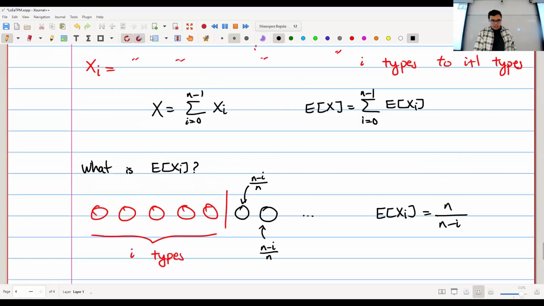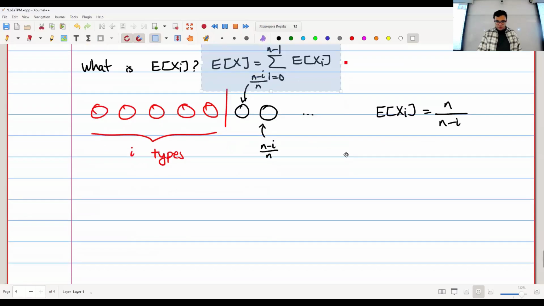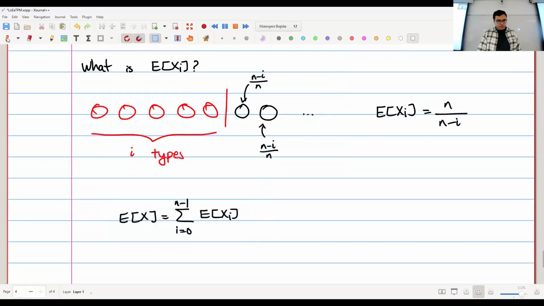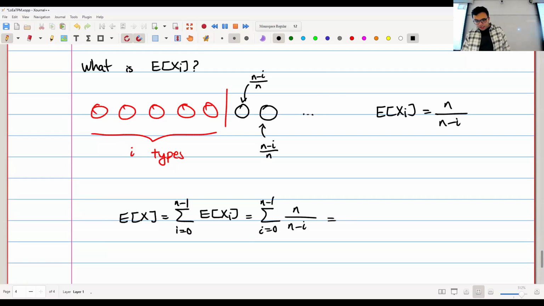Great. But then let's just put all of these together. The expected value of x was the sum of the expected values of xi's, which is just the sum of i from 0 to n minus 1 of n over n minus i. Okay, can I simplify this? I can take out the n. So this is n times the sum of i from 0 to n minus 1